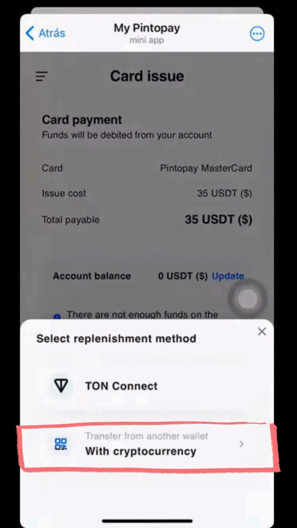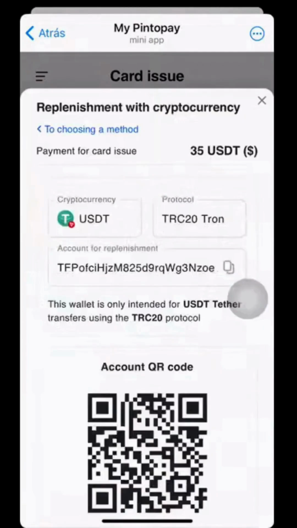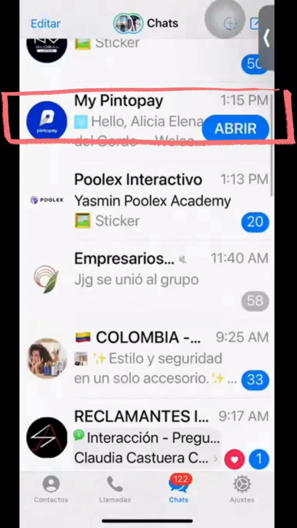Then TRC20, continue, and it generates our wallet so we can pay from our exchange, from wherever we have our cryptocurrencies. We make the payment, and to see if it has already been reflected, we wait a few minutes, refresh the page, click back, reopen our chat with My Pintopay on Telegram, and there we notice that it takes us